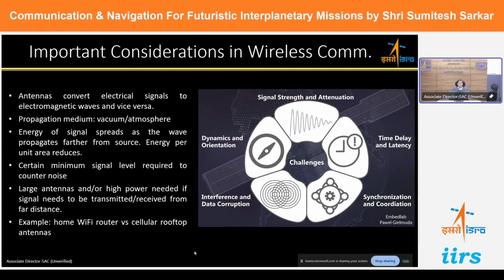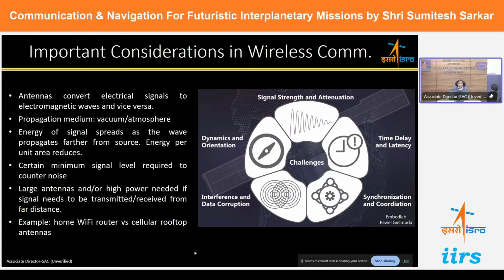So usually for a large scale communication, we try to keep a very large reflector antenna so that we get a good communication link. For examples like our home Wi-Fi versus cellular rooftop antennas, different types of antennas are used. So the issues with the signal transmission, particularly for deep space and when the signal is going far away,